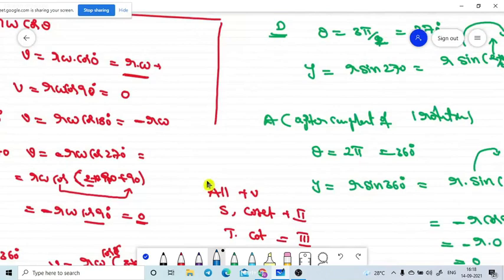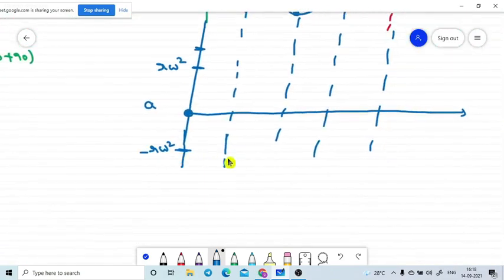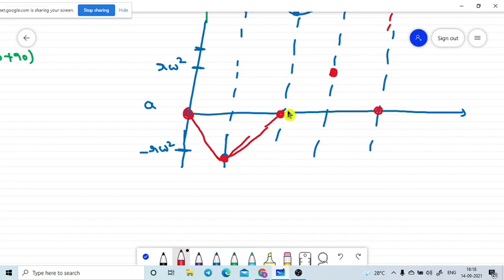So the location of the particle is somewhere here. It is better to take another color. So these are the points, again the points here. I am not going through every point because the pattern will follow the same pattern. We draw a smooth curve, not straight lines. Draw smooth curves like this. So this is the graphical representation for the acceleration.